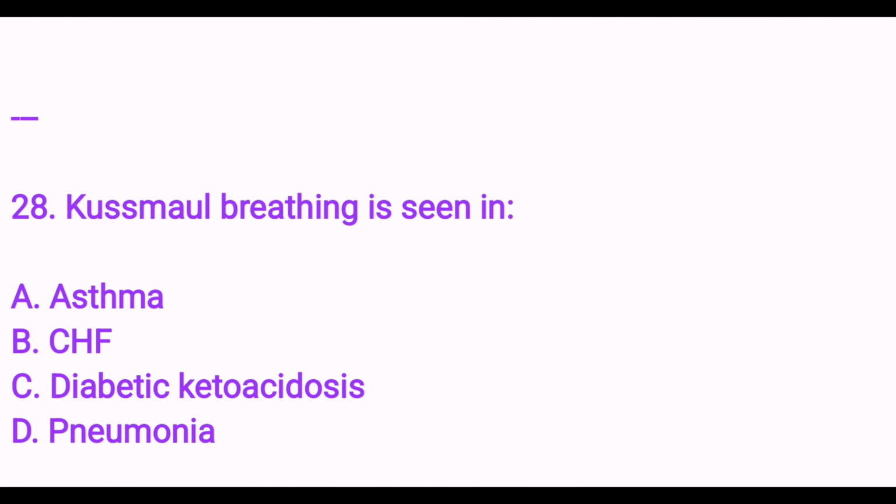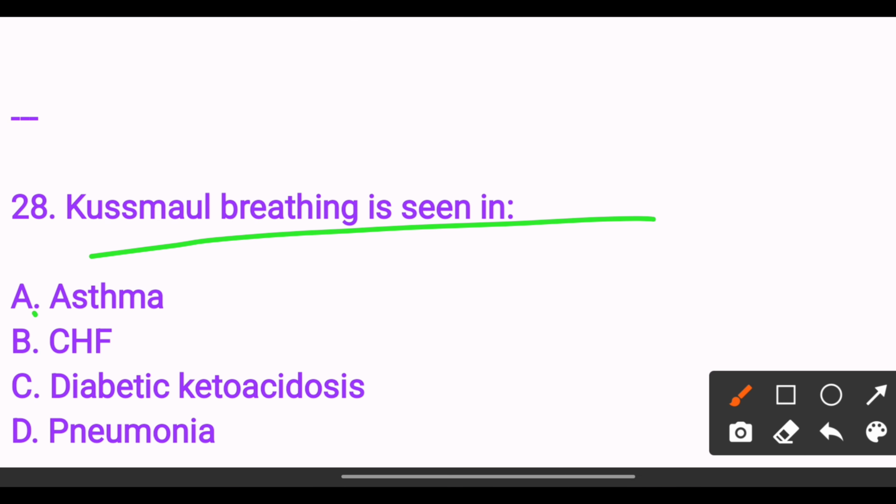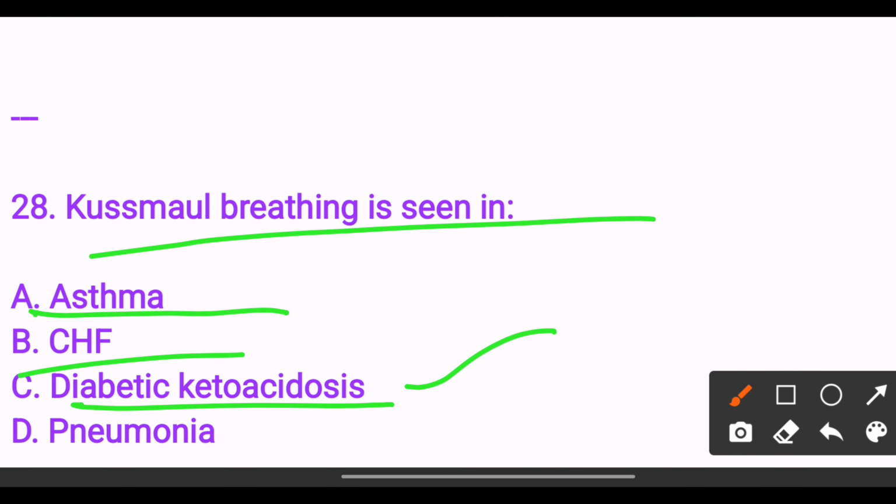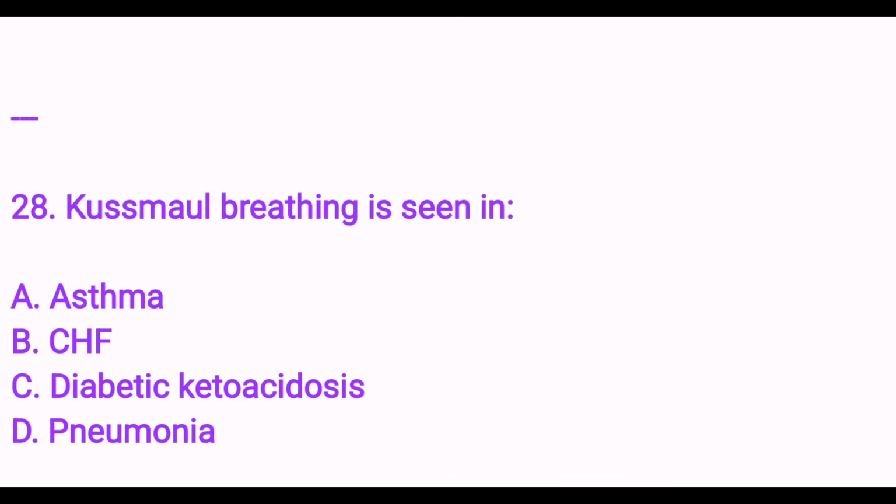Kussmaul breathing is seen in option A asthma, option B CHF chronic heart failure, option C diabetic ketoacidosis, option D pneumonia. The answer is option C, diabetic ketoacidosis. Next,